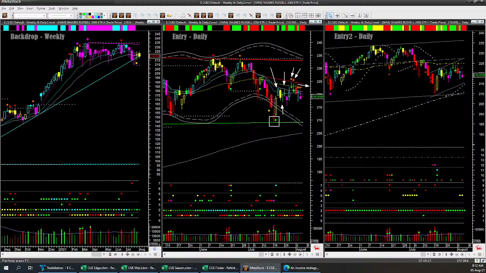And then it came down from the yellow direction line. As of yesterday's close, we have a bearish flow, but the weekly has trend line support and weekly backdrop is